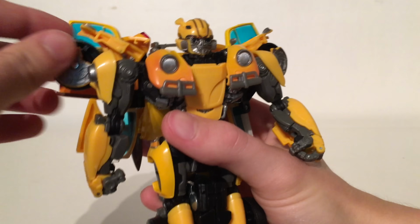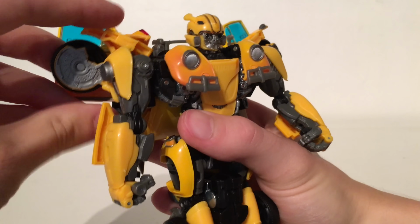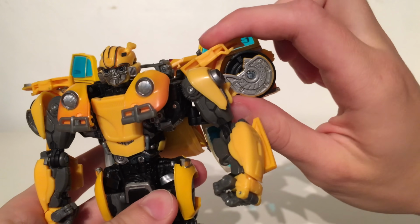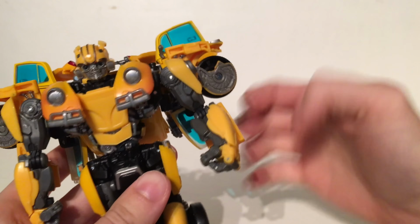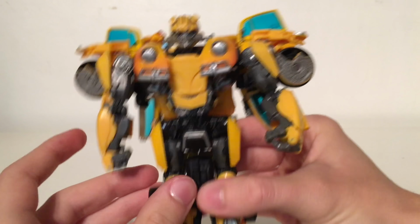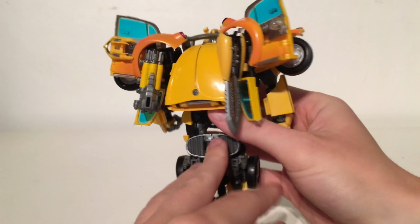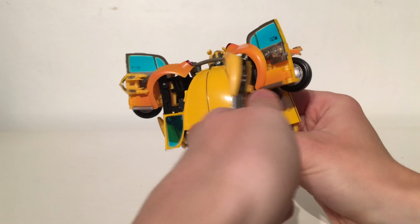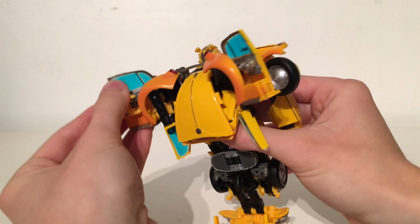Turning to the upper torso section, you're going to want to take these wheels here and just unratchet them down like this. They do lock into place for robot mode. You're just going to want to untab them so that they look more as if they are aligned with the windows. What you're then going to want to do is come around to these wing sections, remove all of the accessories if you haven't done so already,